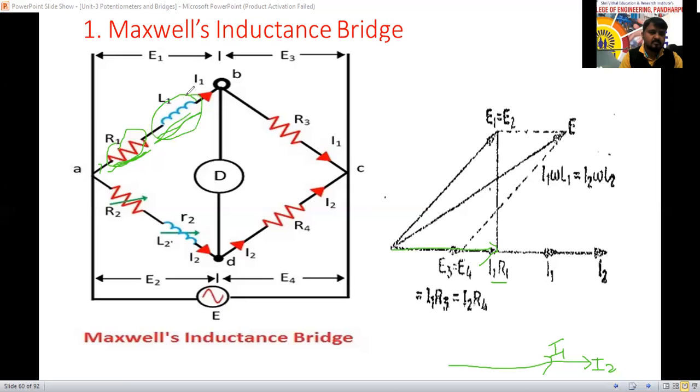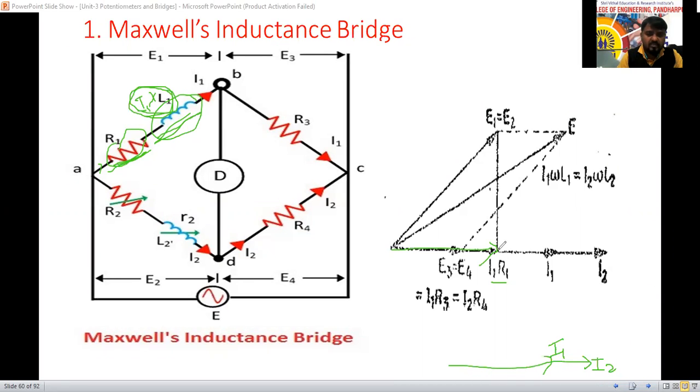See, I1 and this one I will consider as XL1. So the voltage drop across this inductance is nothing but I1 XL1, we can call that one here. For the pure inductive circuit, does the current lag the voltage or lead the voltage? Lags the voltage. Current lags the voltage. So I1 XL1 is nothing but a voltage only, the product of this. I1 into XL1 is voltage here. So I1 is the current here.